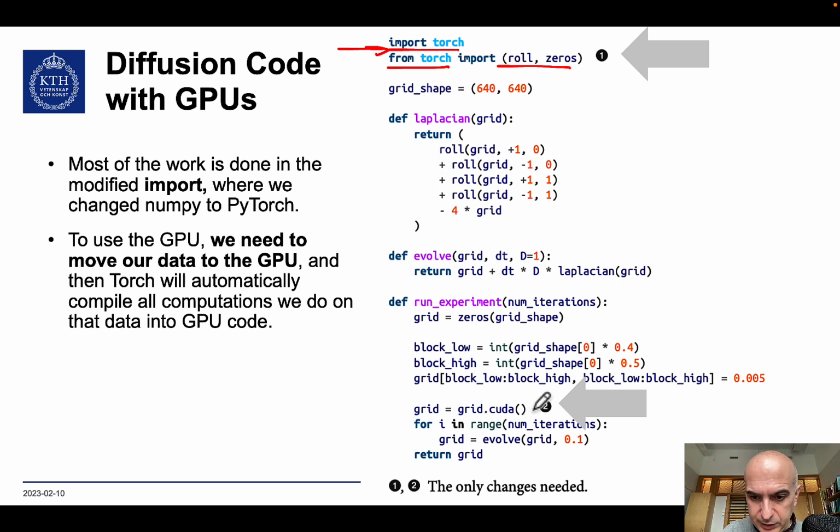And this is done in this simple call: grid equal to grid.cuda. So you can see that it is exactly like we had for our code using NumPy. We have only two differences. Now we import torch instead of NumPy,